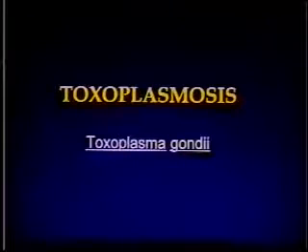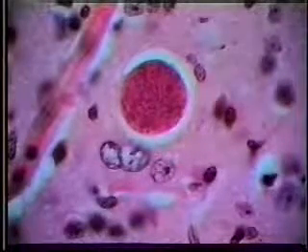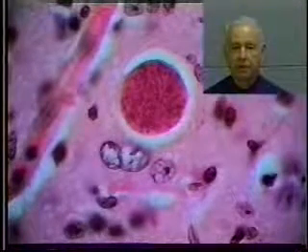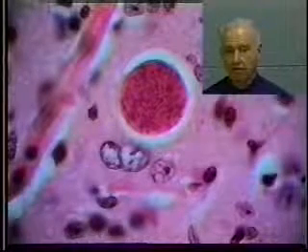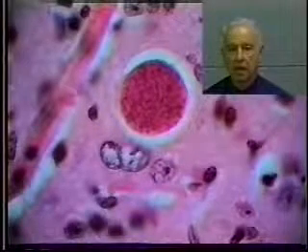Another zoonotic disease that we should consider is toxoplasmosis, caused by the protozoan Toxoplasma gondii. The cat is the primary host of Toxoplasma, and quite often in the cat there are no clinical signs of the infection, but the cat serves as the reservoir of the Toxoplasma. Here is Toxoplasma gondii encysted in the tissues of this animal. This slide shows the life cycle, direct and indirect, of the Toxoplasma that may occur.